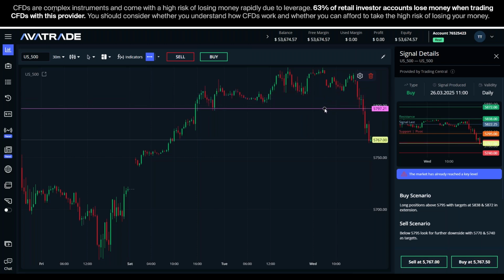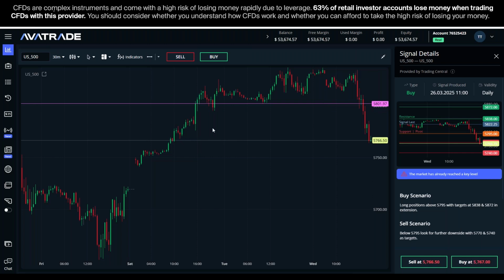Okay, and so as you look at these support levels, you can see in general it found support around this price. Okay, and the signal was to buy from above the support level, but also telling you that if it drops below that price level, then expect maybe rapid dropping towards these next price levels. And so when you have your support levels and you trust to buy off of that,